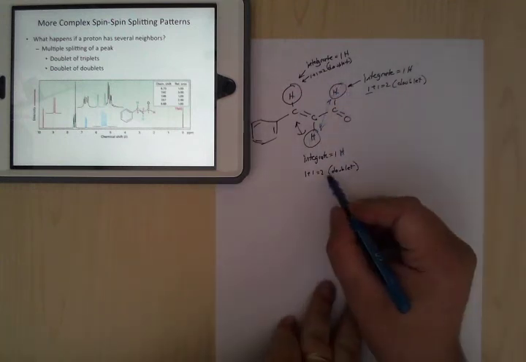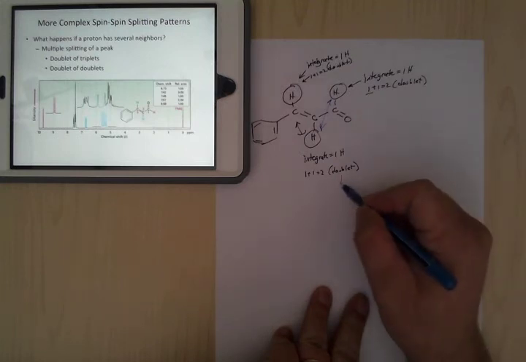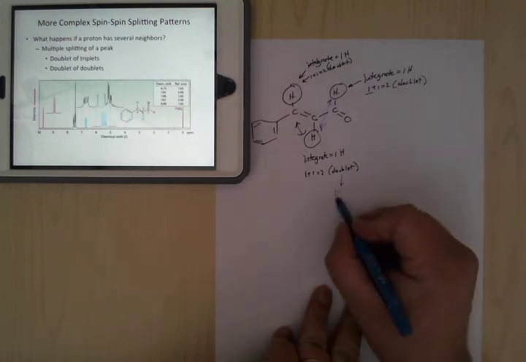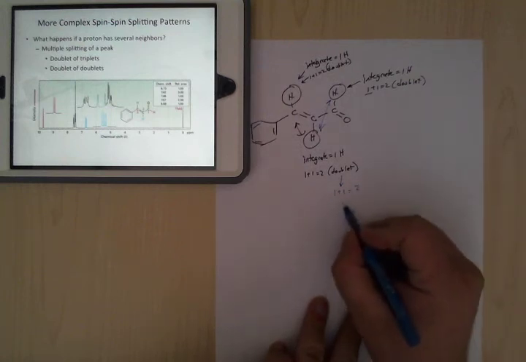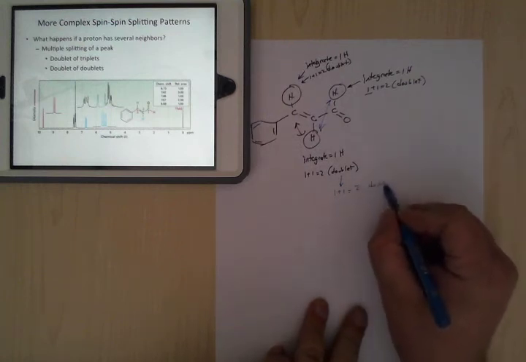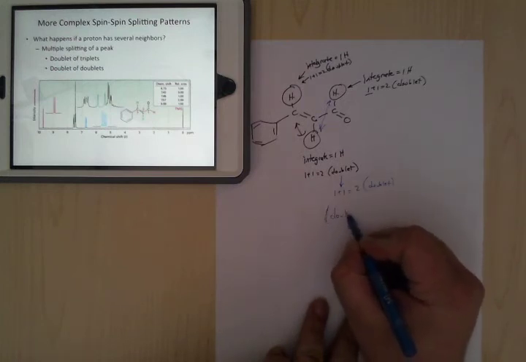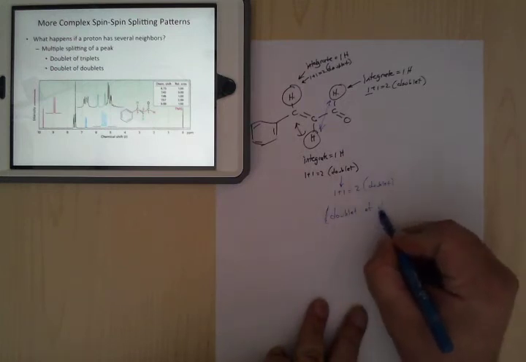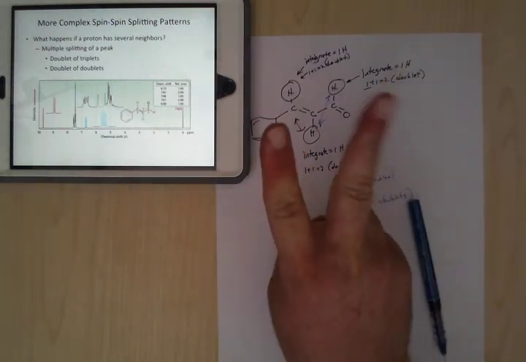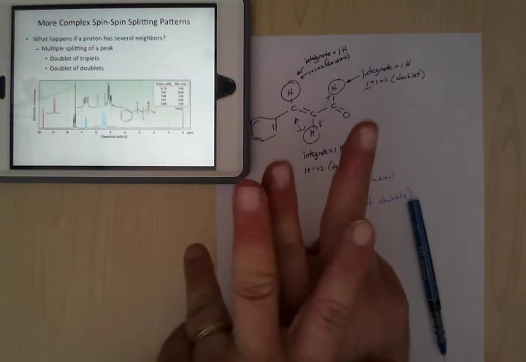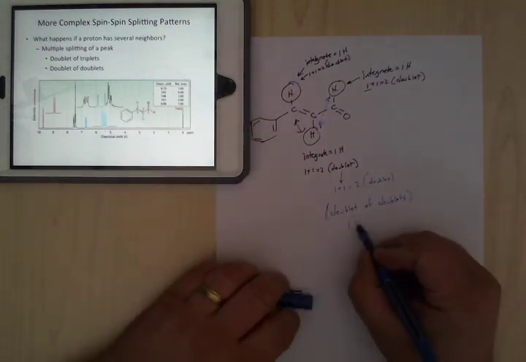So what happens is it takes that doublet and splits it into another doublet. So you actually get a doublet of doublets. It takes those initial two and splits them into further doublets, so what you're going to see is 4 peaks